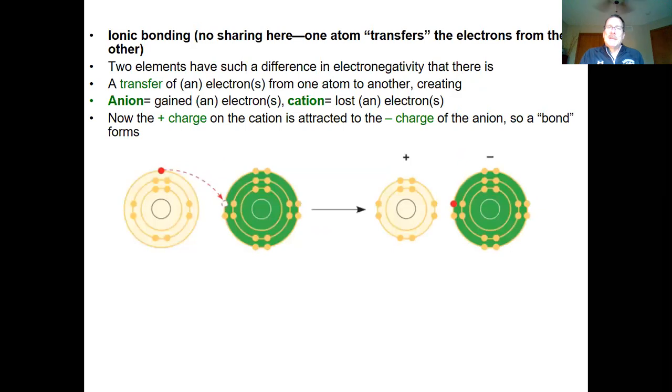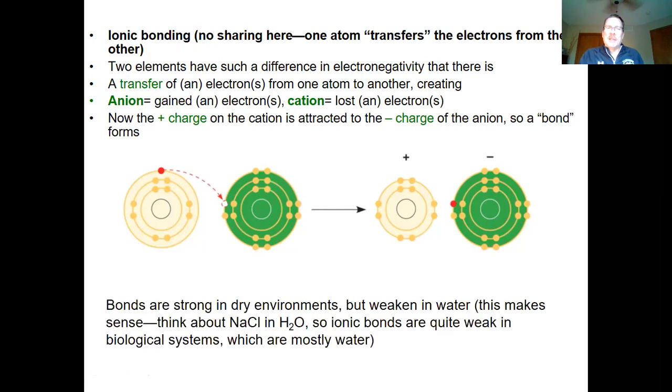Ionic bonding, of course, if you remember from chemistry, there is no sharing. Basically, there's a transfer of electrons. As you form that ion, two elements have such a difference that there is basically a transfer, a pull of an electron from one to the other, because a highly electronegative element wants to grab an electron. On the other side, like here with sodium chloride,